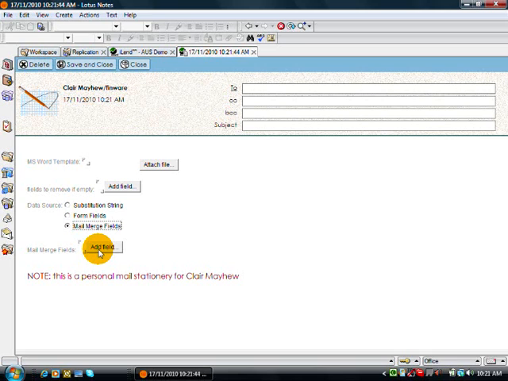So what you need to think of is what template you're trying to create. Is it a pre-approval letter? Is it an email stationery confirming an appointment, or is it a thank you for your referral letter? So when you start thinking of adding your fields, you need to start thinking of what you want the system to pre-populate for you. I'm going to create a letter today, which is a thank you letter,